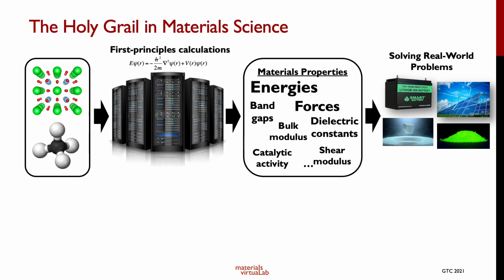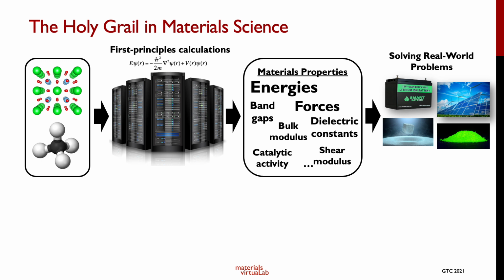The way that this works is you take a crystal or a molecule, and you essentially take the elements that are in the material together with the position of the atoms. You plug that information into a computer, and you then try to solve the Schrödinger equation for that system of atoms. And what pops out are basically material properties from your calculation. Today we can compute a lot of material properties using this approach. We can calculate things like the energies, the band gaps, the mechanical properties such as the bulk modulus and shear modulus, and optical properties such as the dielectric constants.